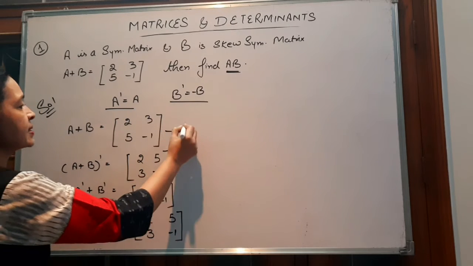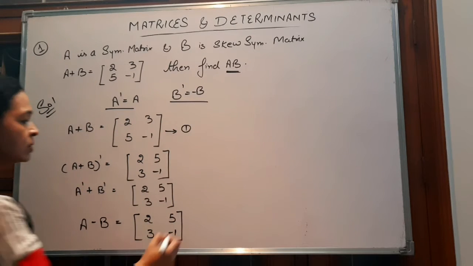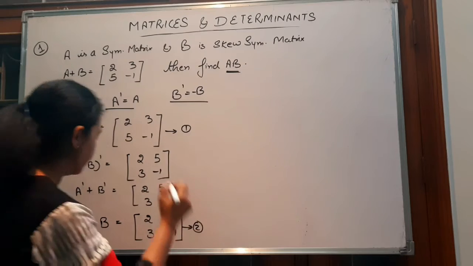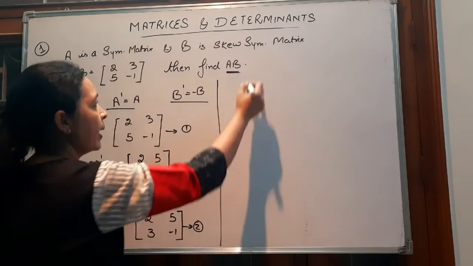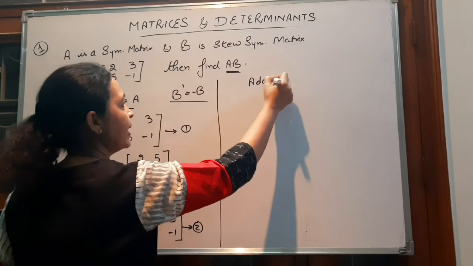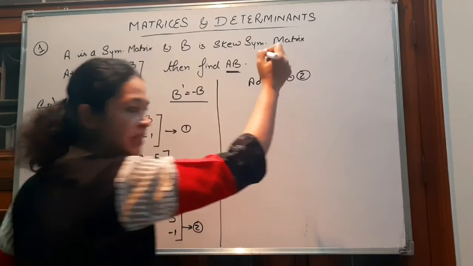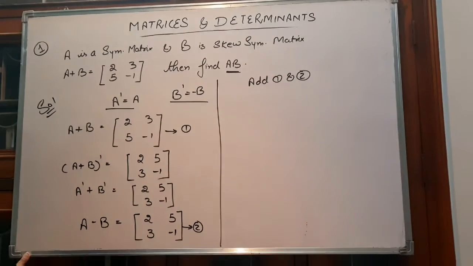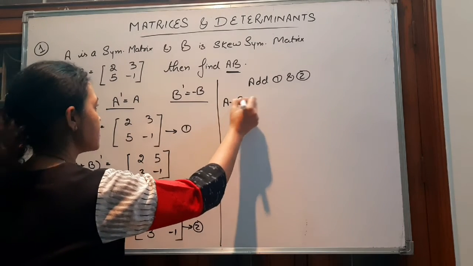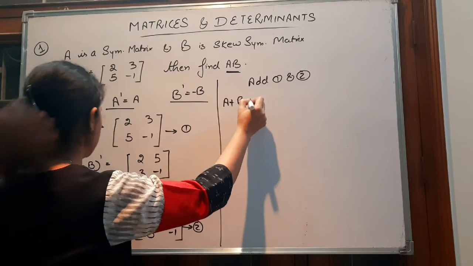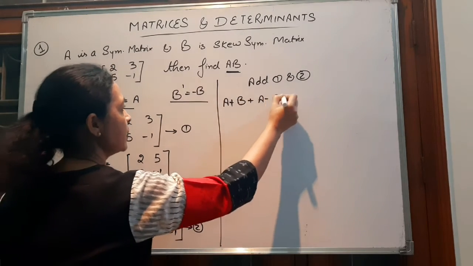Let's take A plus B as first and A minus B as second. Now what we will do? Add 1 and 2, left hand side to left hand side and right hand side to right hand side. On the left hand side we will have A plus B plus A minus B,